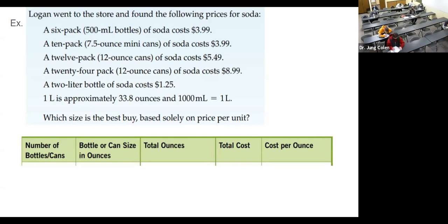Yeah, actually, cost per ounce. So cost divided by ounce. Yeah, so it is divided by. Oh, that is right. Yeah. 3.99 divided by